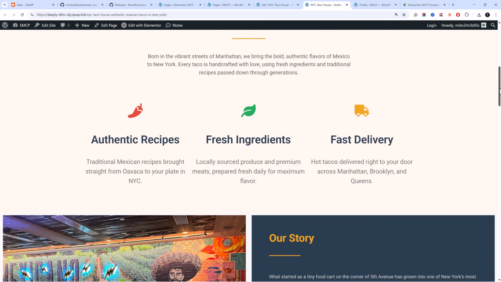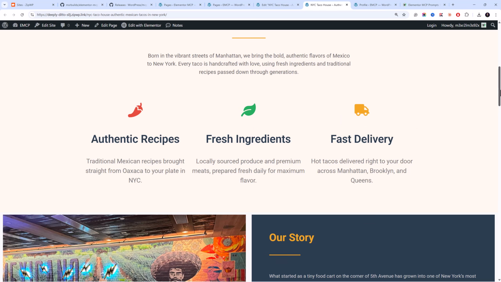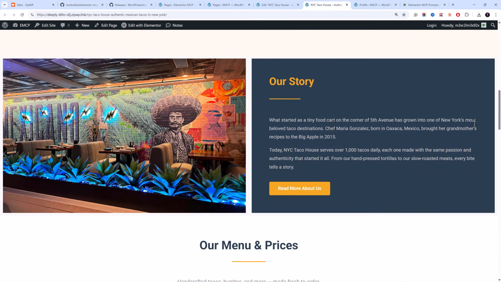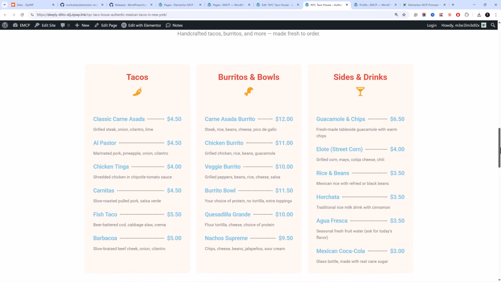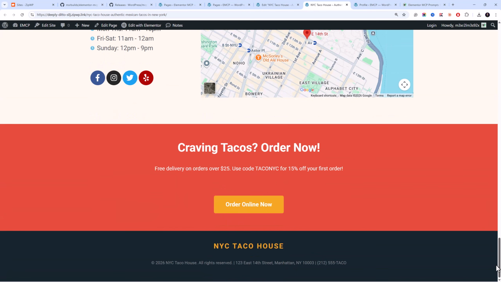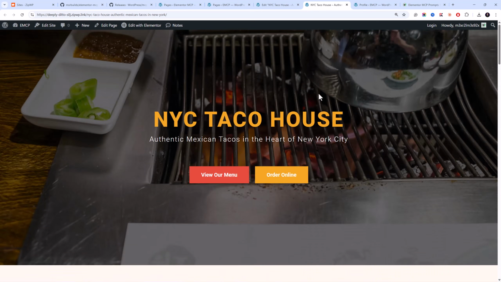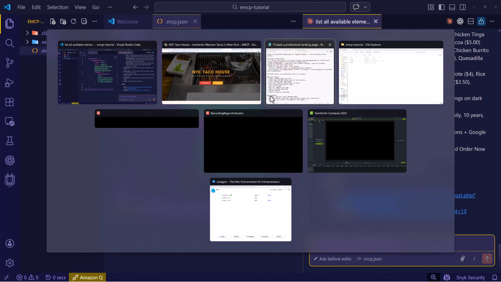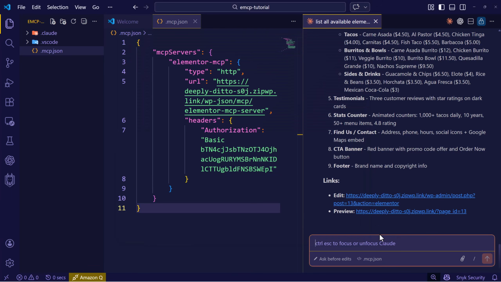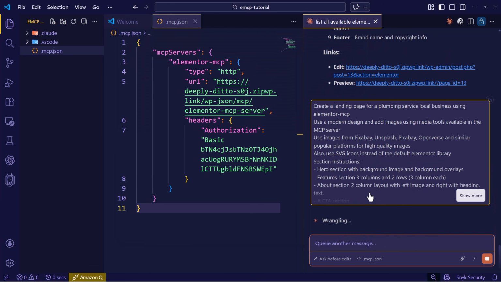Okay, now I can see it has used some good color scheme, and it pretty much designed some sections pretty well. And you can see it also added a pricing, reviews, and some counters, location, and a nice looking footer. This is what you will get with a simple prompt without giving it any specific instructions. Now let's use this type of prompt. I'll just copy this one simply, and I'll give it to this